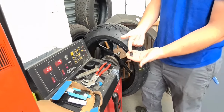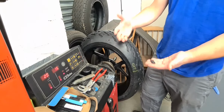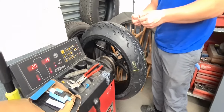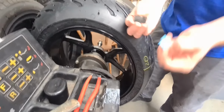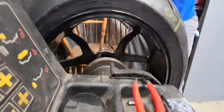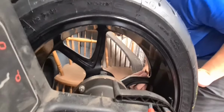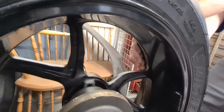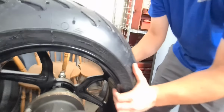I want to try and make sure it's neat. In this case, we've chosen black weights to match with a black wheel. You can have normal silver weights, white weights, different colour if necessary for cosmetic reasons. And the same again, I'm just going to attempt to peel the back off this side. This one's 15 grams. Make sure that I'm going to place it in the right position. Flip on the wheel, try and get it kind of parallel and square to the wheel. And once they're on,